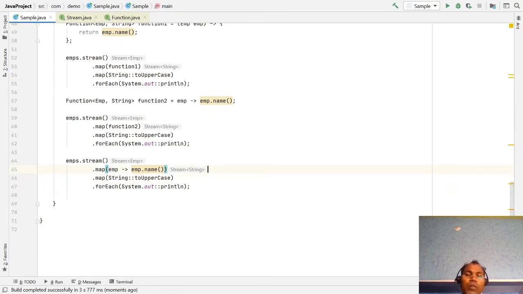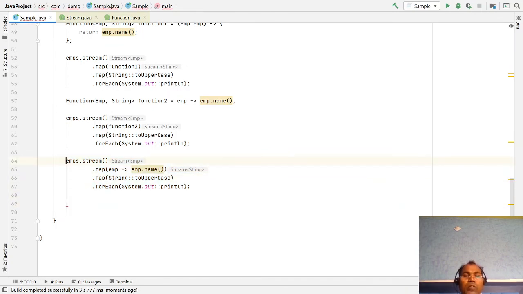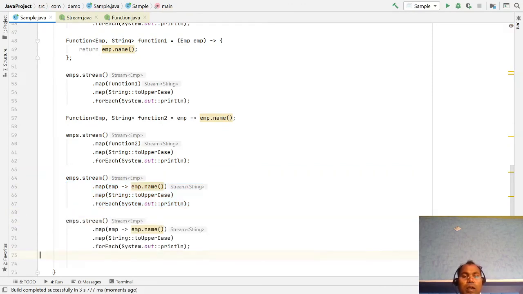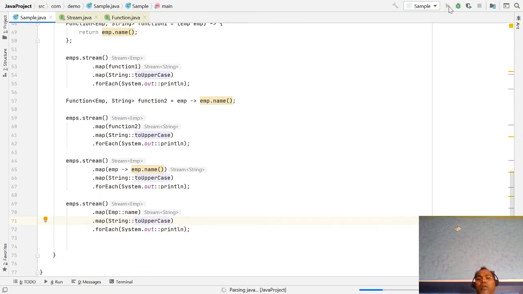Lambda expression, if any method takes one argument or zero arguments, you can also use method references. So here we can again make our code more concise. Here you can say, yes, I know this employee object we are passing and invoking only the name method. So directly here you write the Employee class, give a method reference, and if you run here, you notice that the same code is written.